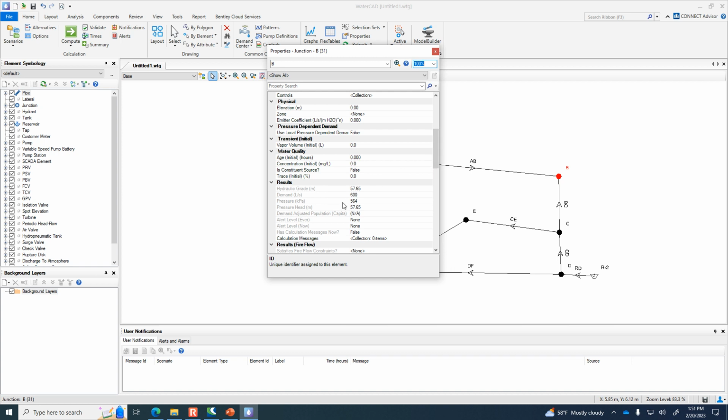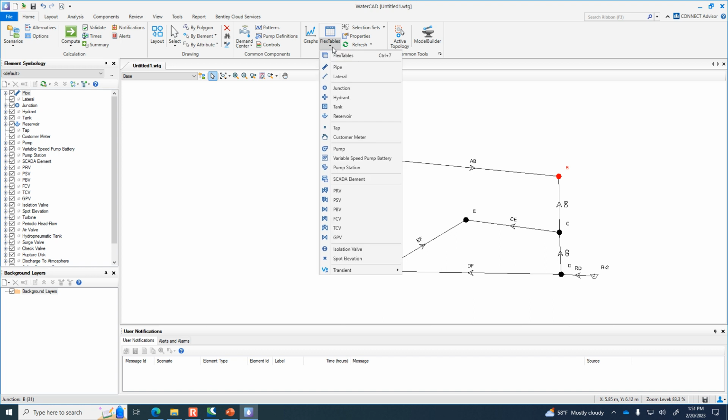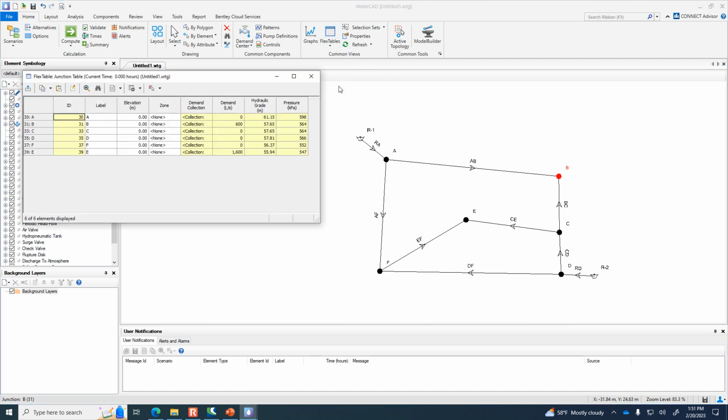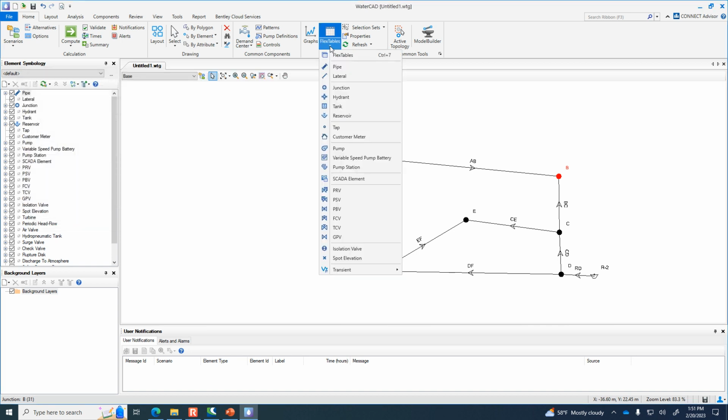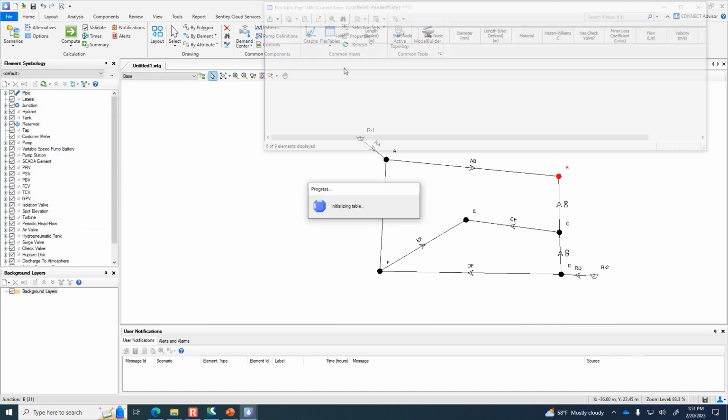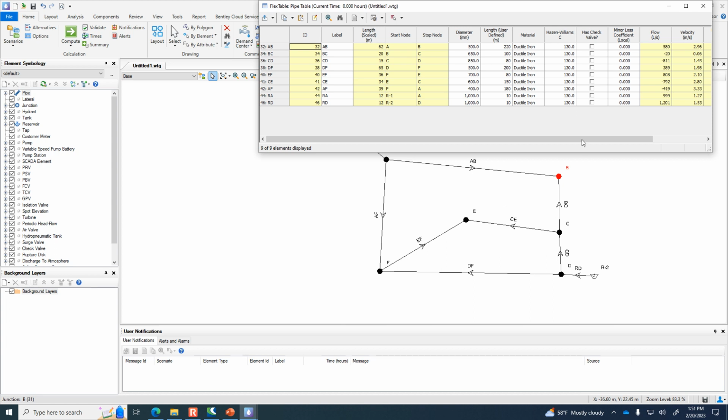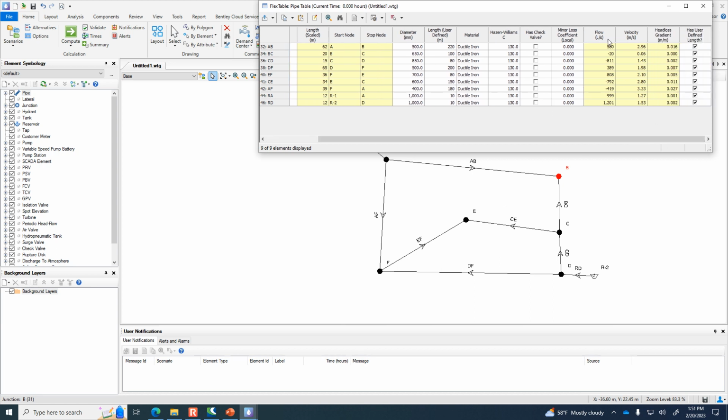So the pressure, 564 kilopascals. Or you can see the pressures through the junction table. So over here it's got the pressure at each junction. And if we go to the pipe table, it'll tell us the flow rate through each pipe. So over here you've got the flow rate that's going through each pipe. So it solved the pipe network in the same way that we could have using the spreadsheet.